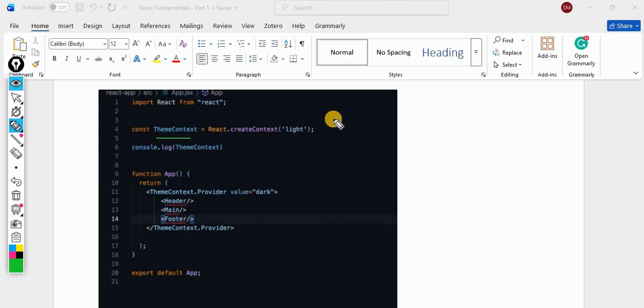By default, if there is no producer, the value will be light. Think of context as a global box that has the value light, and the value is light only if we have no producer. But here we have the producer.